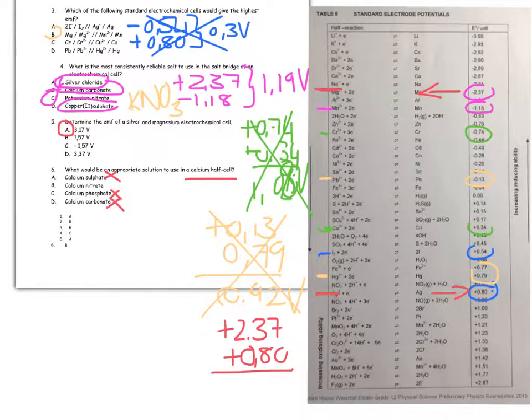What is the appropriate solution to use in a calcium half cell? Calcium sulfate is insoluble, calcium phosphate is insoluble, calcium carbonate is insoluble. Look for the nitrate. The nitrate's always